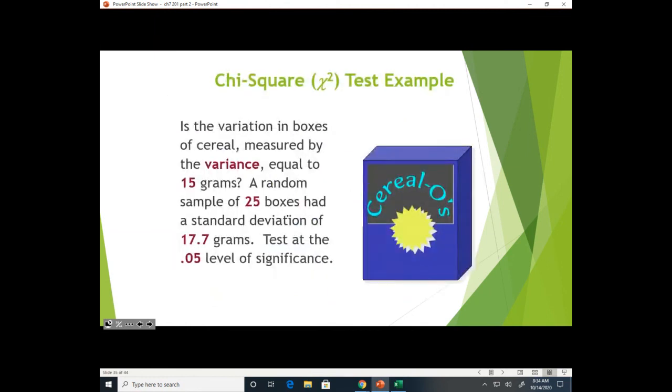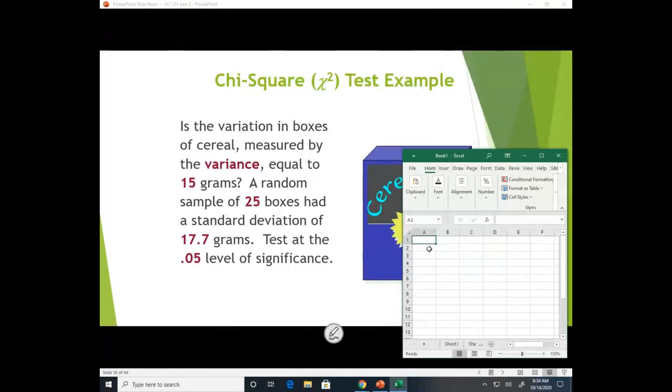Okay, so let's do an example. Chi-square test: is the variation in boxes of cereal, measured by the variance, equal to 15 grams? A random sample of 25 boxes had a standard deviation of 17.7 grams. Test at the 0.05 level of significance. So similar to the other